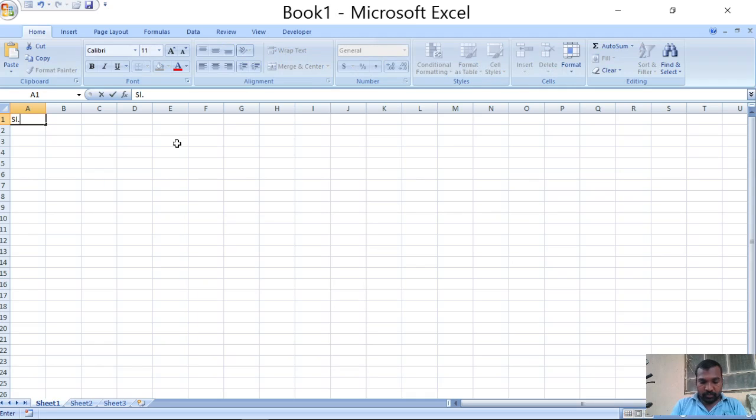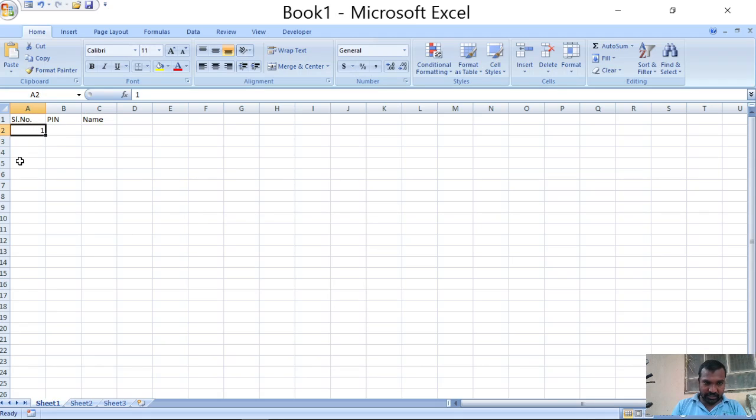So I want to print a few student data: serial number, pin number, name. You can observe in the serial number, numbers are like 1, 2, 3 and so on.